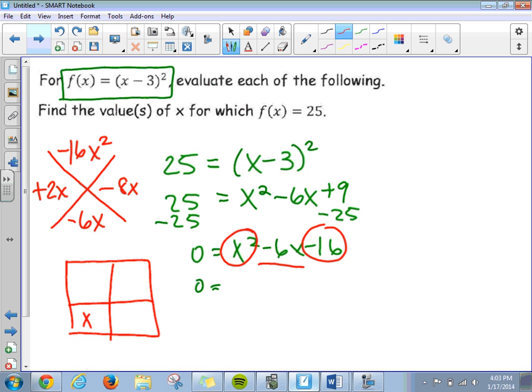We've got an x squared, a negative 16x, or sorry, a negative 16, and then our box we're looking at